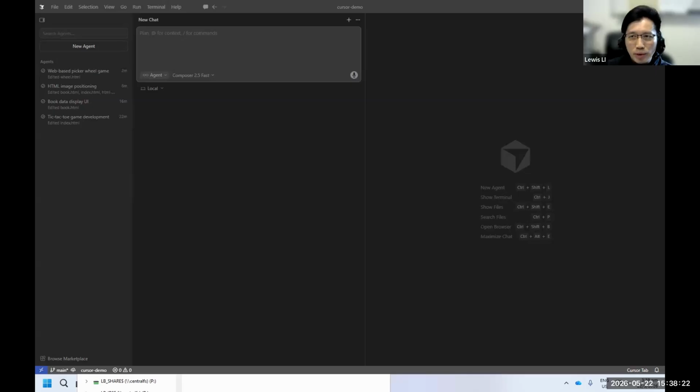So this is the agent mode. We just worked with the editor mode, and now we work with the agent mode. With the agent mode, you can see the chatbot is now on the left hand side, which is easier for you to see what I'm trying to do. Parallel agent means you can run different tasks at the same time using the chatbot here.